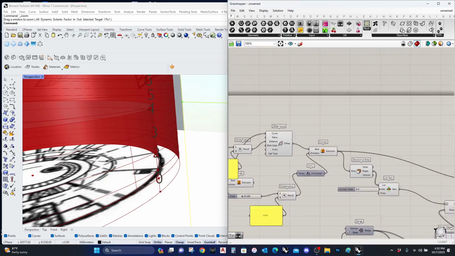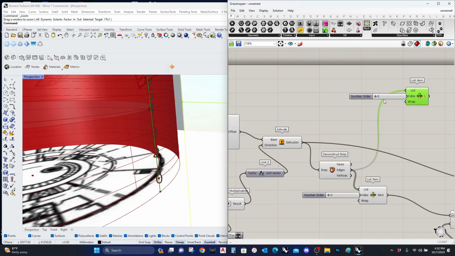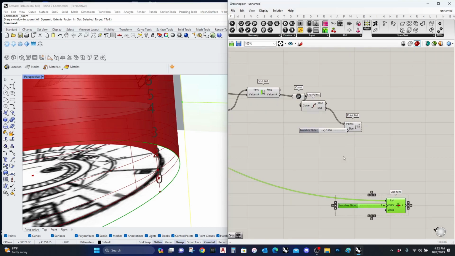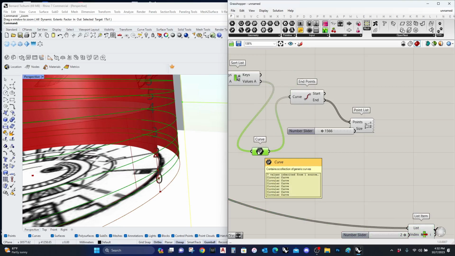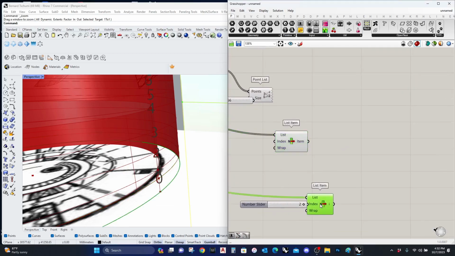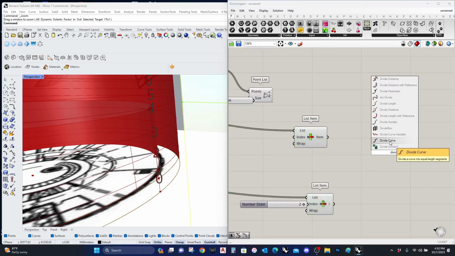So I B-repped it here. So let me get the list. Okay, so the bottom is right here. So the curves. Okay, so it's flattened. So I'm going to go to list item. That's 0. And then this list item, I'm going to divide the curve,